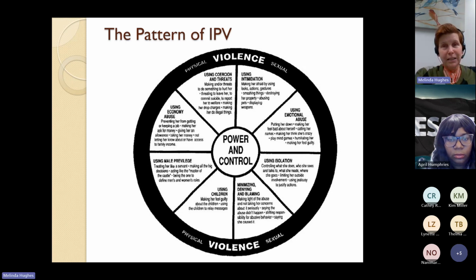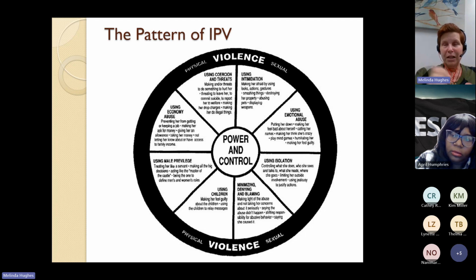You probably have already seen this, but if you haven't, or just as a reminder, this is the Duluth Model Power and Control Wheel, is what it's called. It was created from a lot of different groups with a lot of different domestic violence survivors. And the model notes that the physical violence, or the physical assaults, the sexual assaults, are the thing that we might see, but